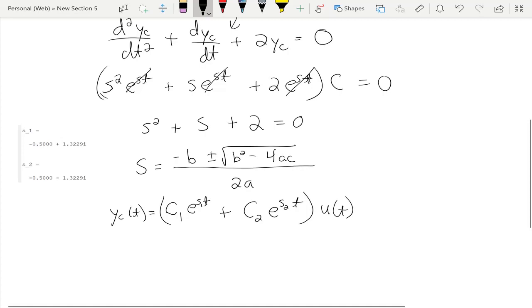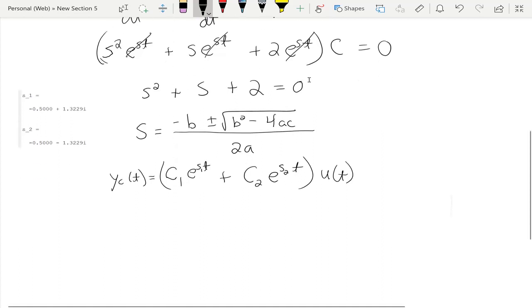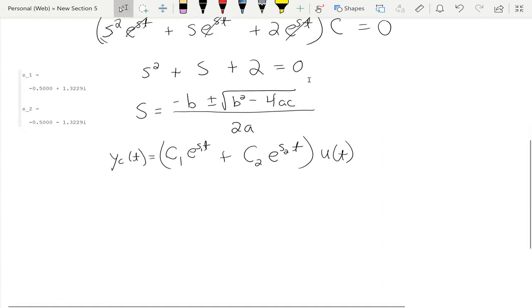I'm not going to plug in that whole ugly complex number, because if I write complex numbers over and over again, I'm only going to make mistakes. So I'm going to leave it as S1, because that I know I'll write cleanly. I'm going to leave it as C1 and C2, like that. So I'm done with the transient response at this point, except that I don't know C1 and C2,